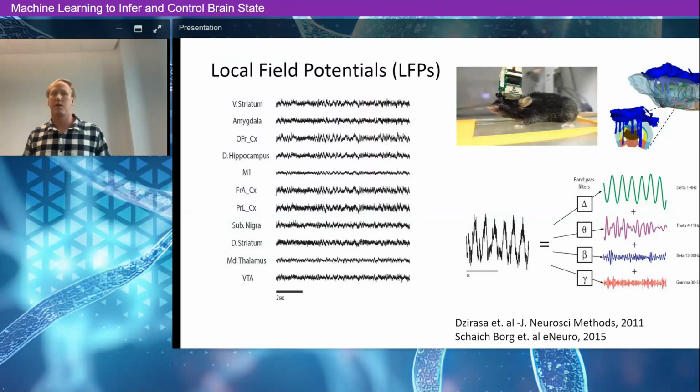Local field potentials are often thought of as just like the brainwave. So if you think about what happens in brainwaves, you have your standard different brainwaves, like what happens in alpha, beta, gamma, etc. And we are going to get this from depth electrodes in many different brain regions. And we can think about what happens in different wavelengths or different bands, and we can think about how much power there is in each of these brain regions